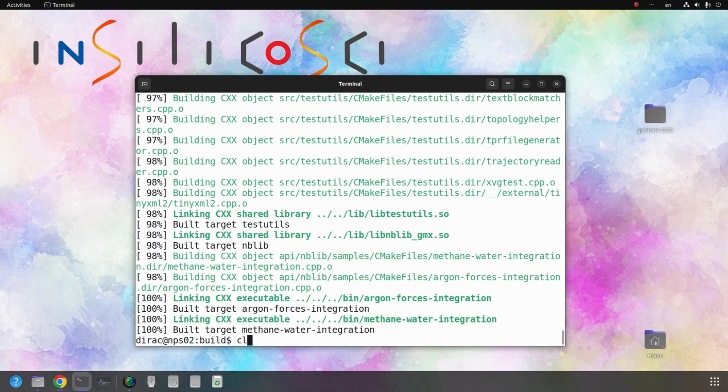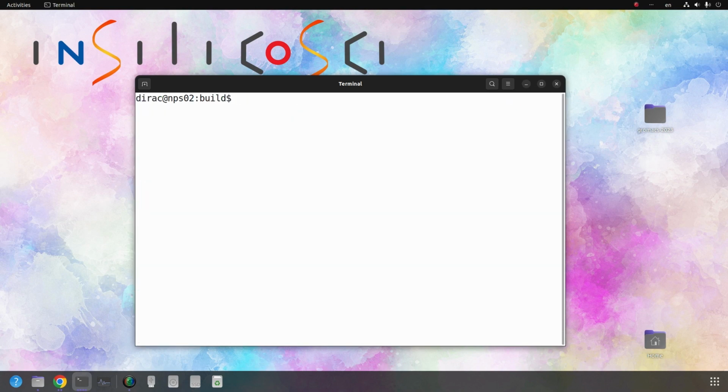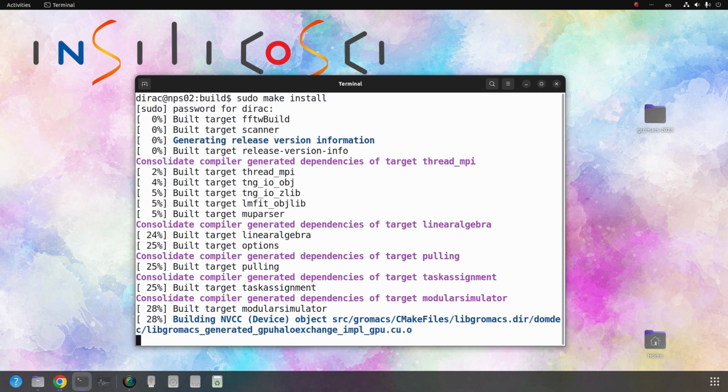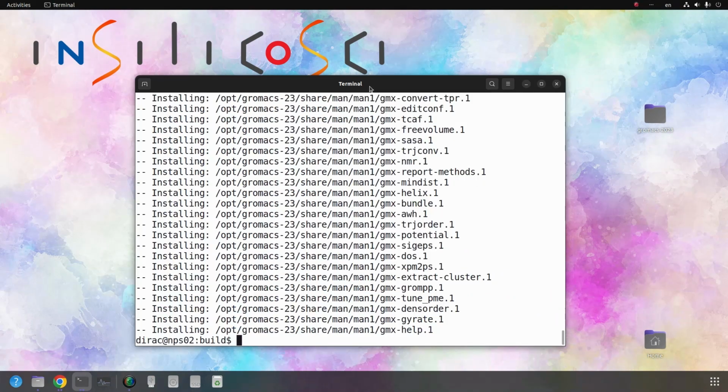After compilation, you can install the code by this command, sudo make install, and enter. Okay, now the installation is complete.